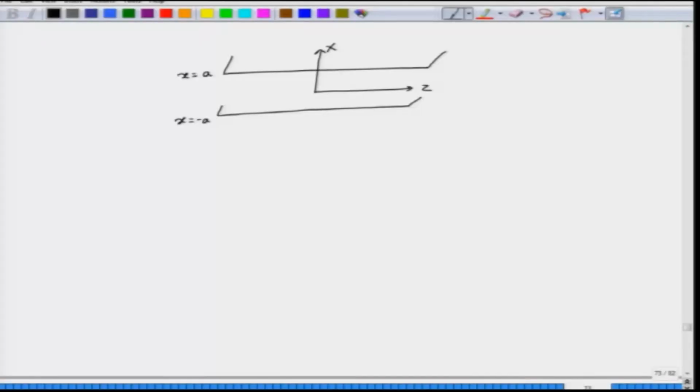Okay. However, because you have considered two such planes, there is a discontinuity in the x direction. As you go along x, you will not see a plate, then you will see a plate, then no plate, then a plate again. However, on the y axis, if you move, you will only be seeing the plate essentially. So, these structures are called parallel plate waveguides for very obvious reasons: there are two plates and these plates are kept parallel to each other. The distance between these two plates I have taken to be 2a. It is conventional to take the distance as d, but I just wanted to put a symmetry around these two plates, so I took them as x equal to a and x equal to minus a.